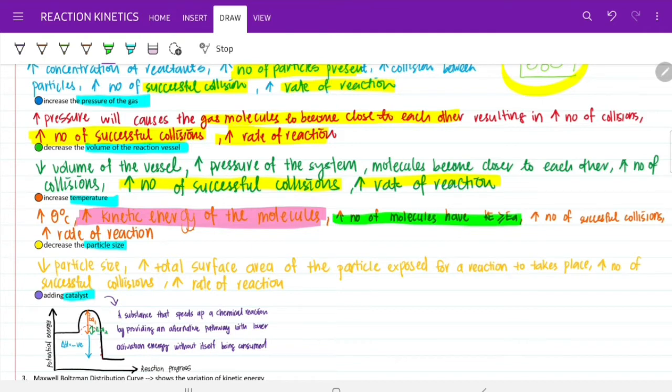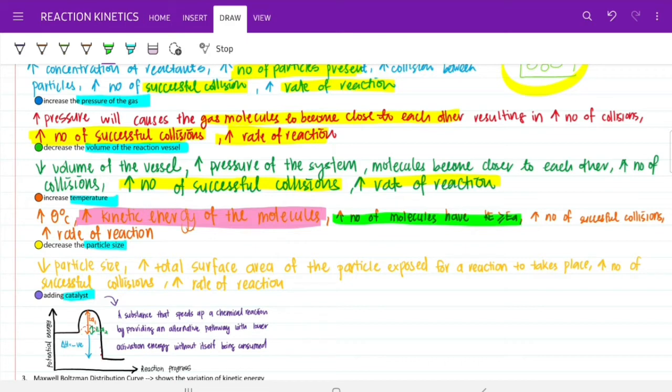because just like in the collision theory that we talked about in the previous video, for a successful collision to take place, there are two requirements that need to be fulfilled. The first one is that the reactant molecules must have kinetic energy equal to or greater than the activation energy of the reaction, and secondly, they must collide in the correct orientation. Colliding in the correct orientation is a variable process, which means it varies depending on the reaction system. It's not something that we can control,